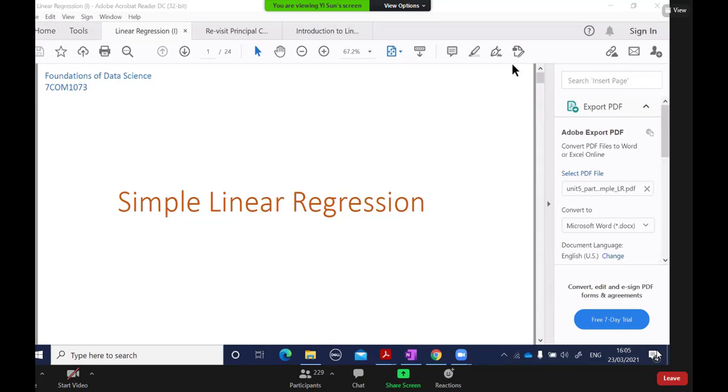Okay, like I said earlier, the aim of this session really is to show you how you can use what you have learned so far to understand research papers and how you can actually formulate some ideas mathematically using what you have learned. Now let's have a look at another algorithm we will focus on in this module, simple linear regression.